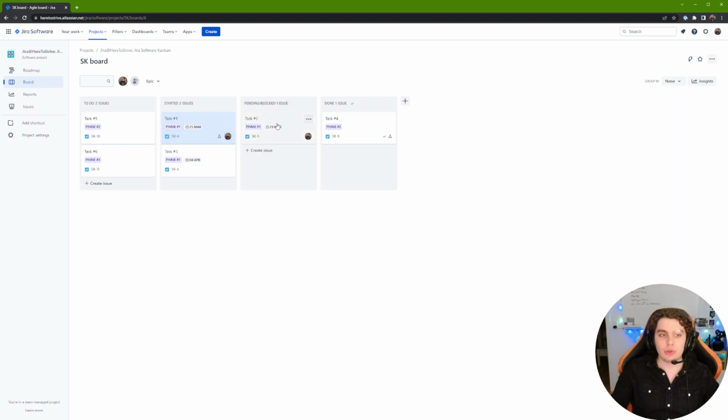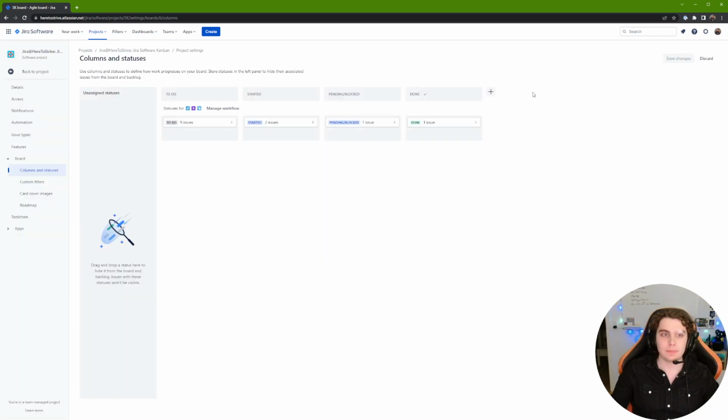Now, if we wanted to group the pending tasks together with the in progress tasks, what we will need to do is go up here, configure board, and now we can see that we have the columns of the Kanban board with the statuses of the Kanban board, or actually of the issues, sorry. So what we will do is,